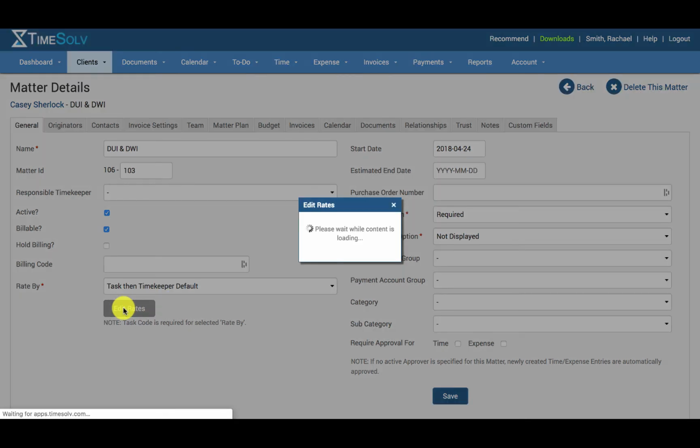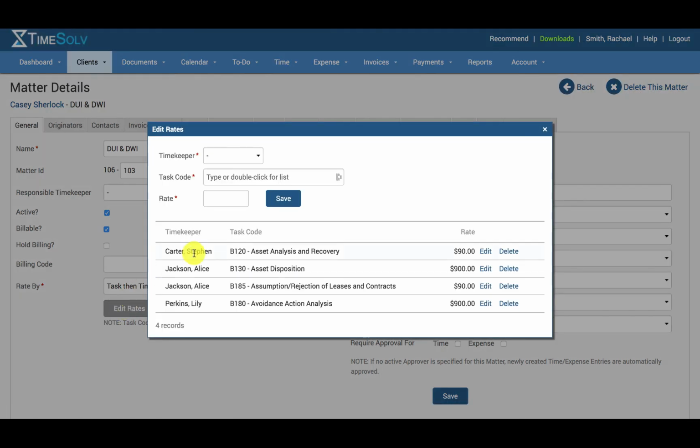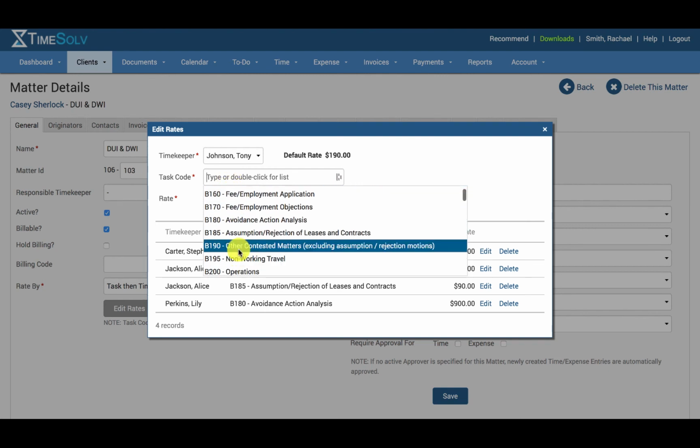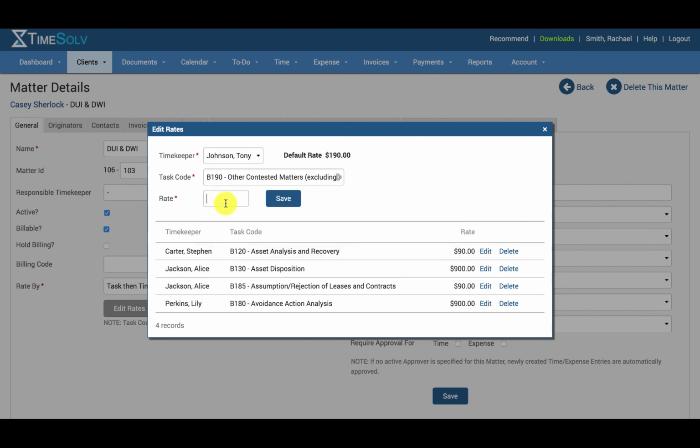Here I can click on edit rates, and again here I can specify in quite minute detail the task code rate for, let's say this timekeeper, Tony Johnson, is entering time against this task code, and for this specific task code by this specific timekeeper for this specific matter, the rate will be